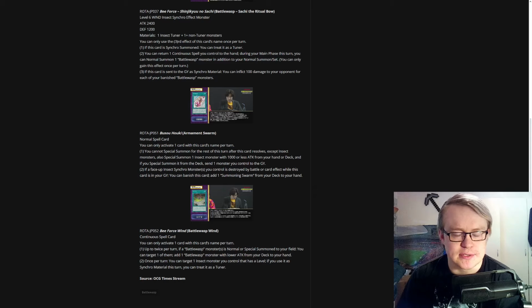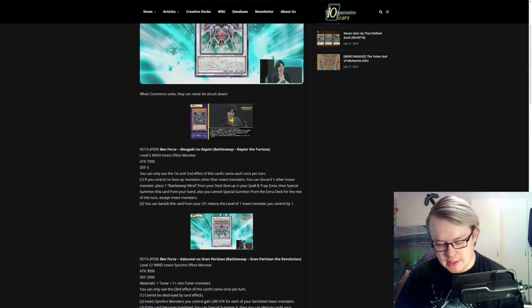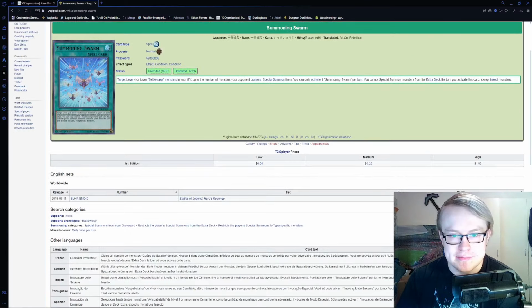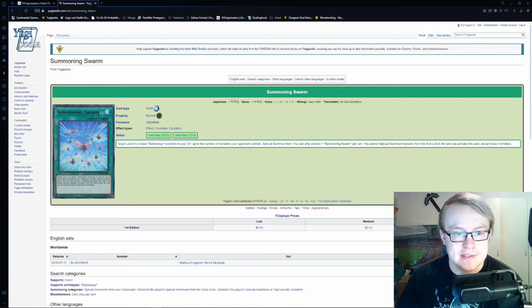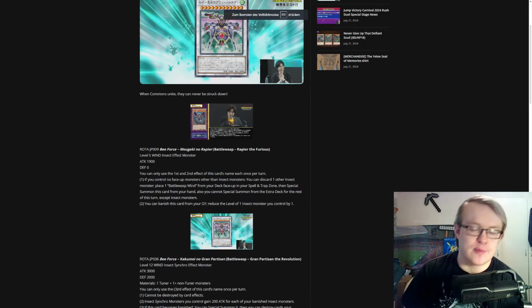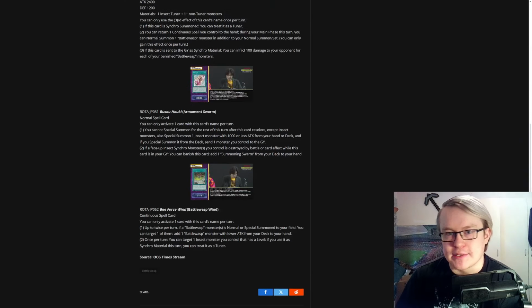If a face-up insect synchro monster you control is destroyed by battle or card effect while this card's in your grave, you can banish this card, add a Summoning Swarm. I believe, let me check real quick. That is the Soul Charge. That is the Soul Charge. I mean, that's kind of cute then. Having a way to potentially also grab the Soul Charge on the follow-up is probably the nicest